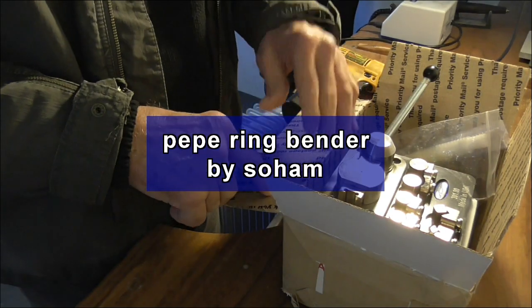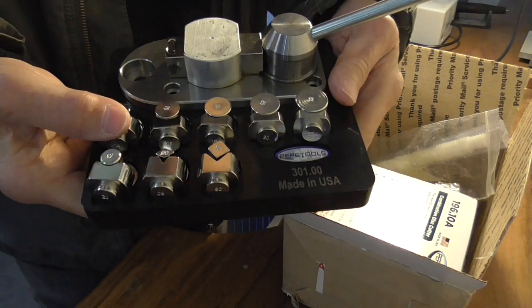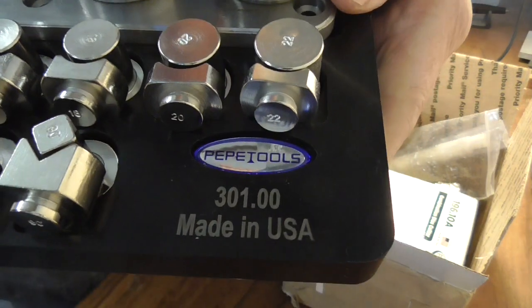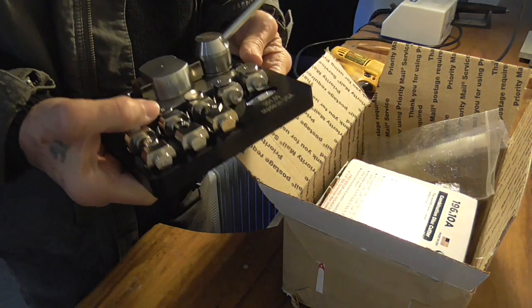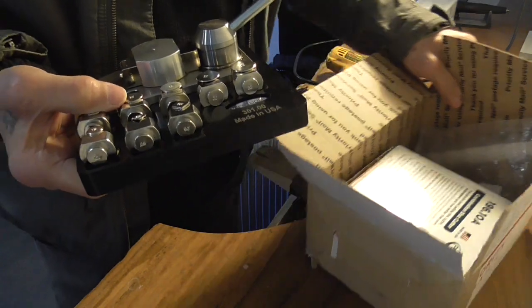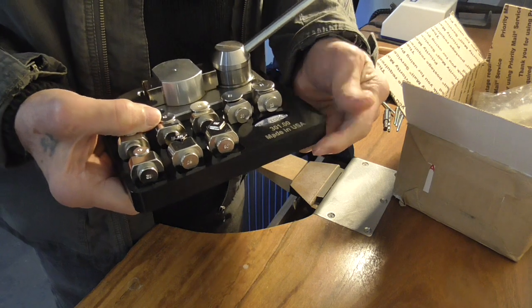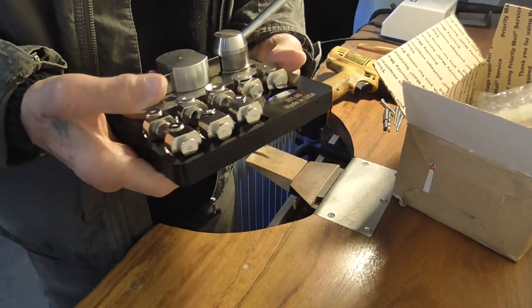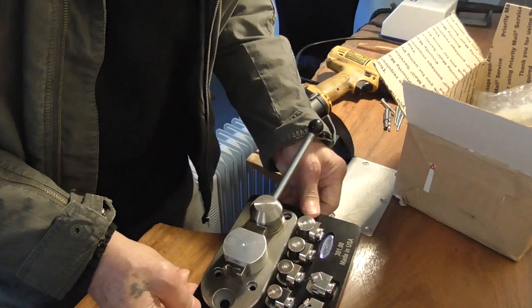I got my Pepe ring bender today, and I'm going to mount it on the bench. And this is the model number. Now this comes with an aluminum base, made in the US. I guess it's an aluminum base. But this is quite handy because